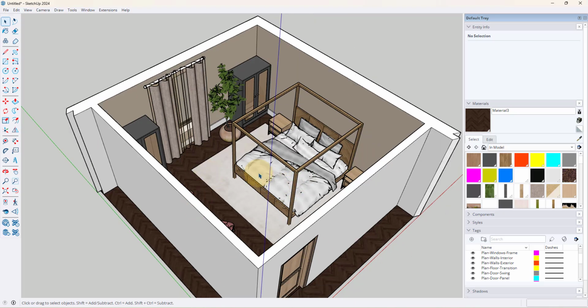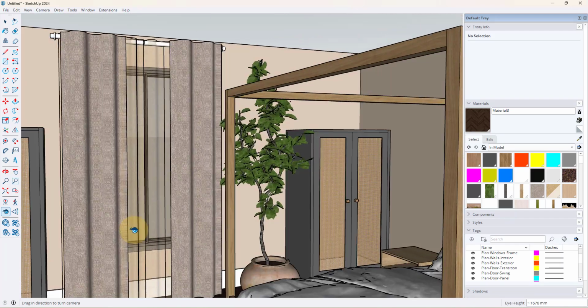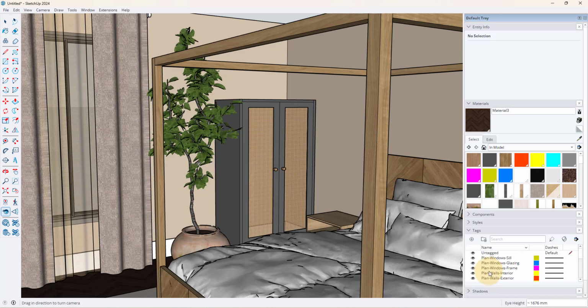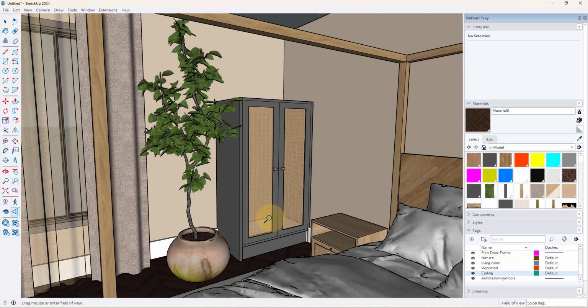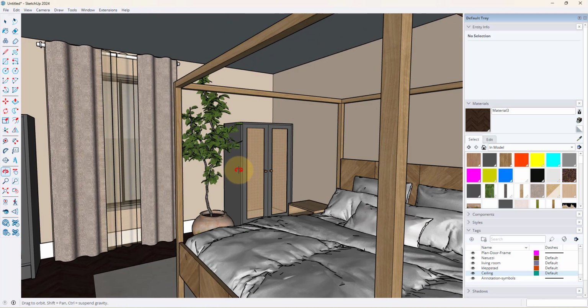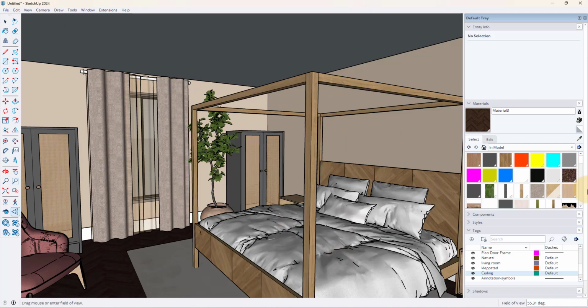Now, once this is done, I want to set up a couple of scenes. I'm going to use the Position Camera tool to set up a scene from the door of the bedroom looking this way. Here I do want to turn my ceiling back on, and I do want to make sure my field of view is a little bit greater than what I have going on here, because it's going to make it really hard to see what's going on without it. And I'm actually happy with that. Now I do want to make sure my ceiling is white, but other than that,